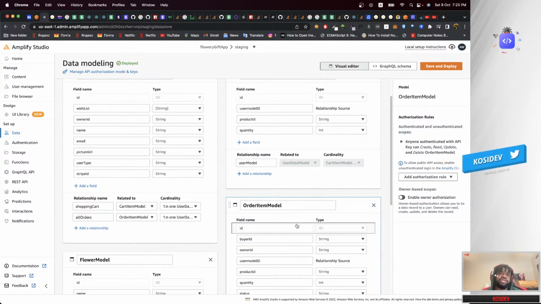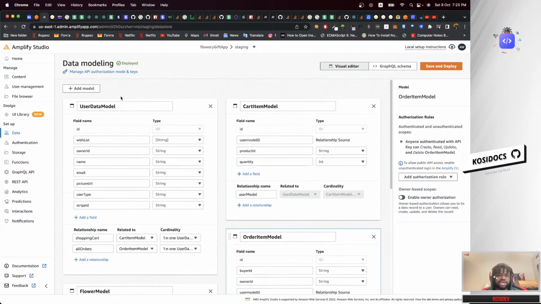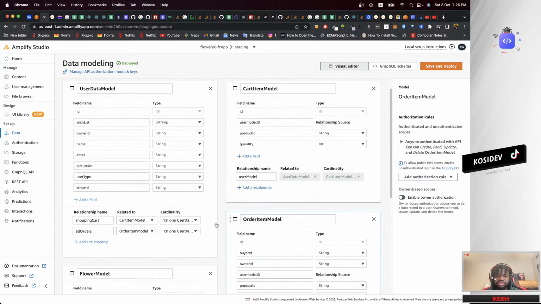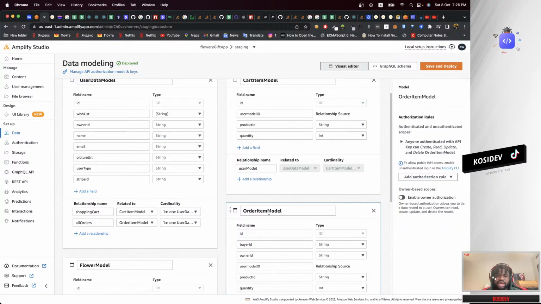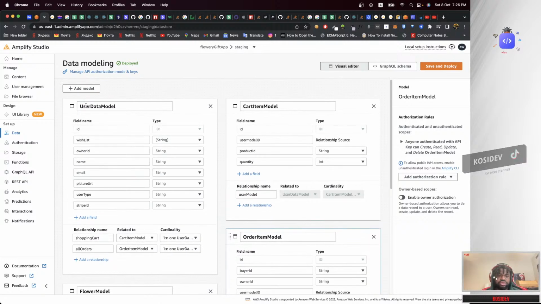Arrays of JSON would work here, but for me it doesn't look that clean, and it doesn't look like what we need to do. We need to create this as an object, in this case a data model, and link it to any user that is currently using our app, because that's what we are doing here. We are linking this order item to any user that is using our app.